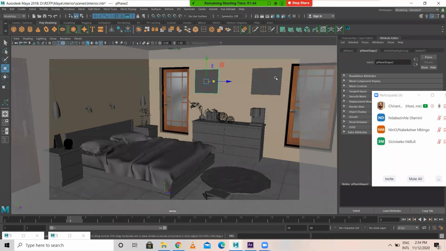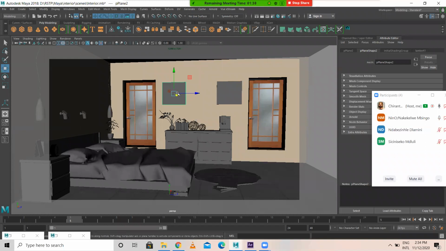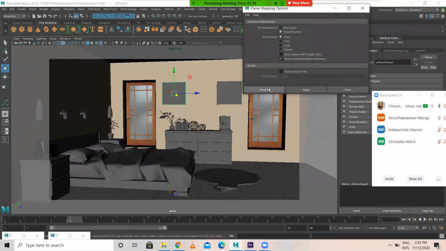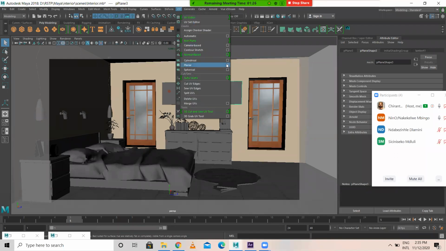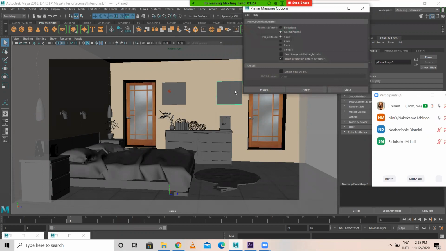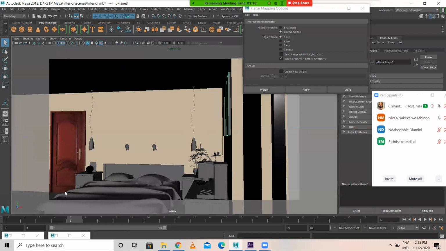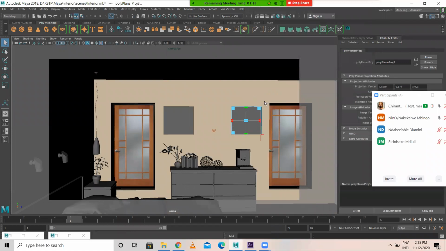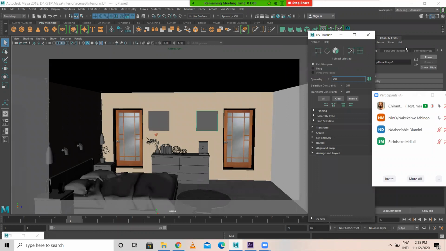Okay, now we have two photo frames. So what I'll do, let me unwrap this in the beginning. This I'm able to see in x-axis. This I'm able to see in x-axis. Select this, UV, planar, x-axis, project. Then select this model here, go to UV, planar. You cannot see this in z-axis or y-axis, but in x-axis you can see this clearly, project.